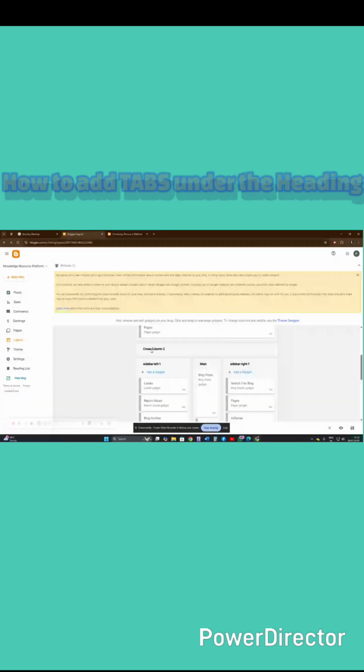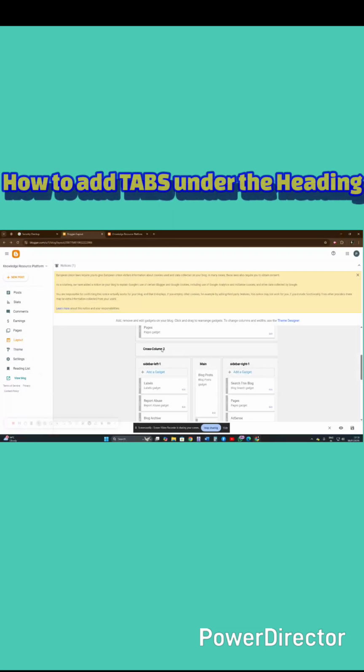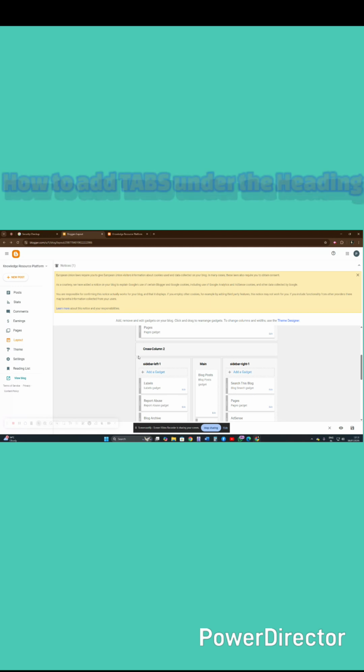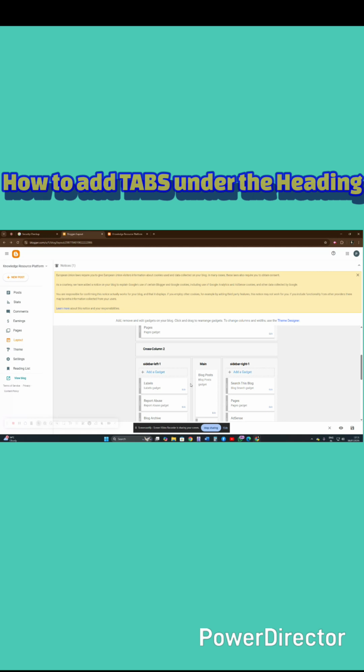Now क्रॉस कॉलम 2 सेक्शन यहाँ पे आप कुछ HTML कोड से भी इमेजेस का स्क्रॉल बना के यहाँ पे शो करवा सकते हैं।